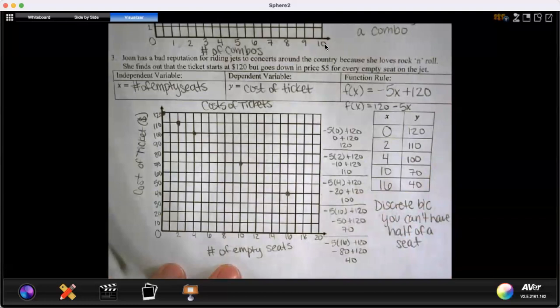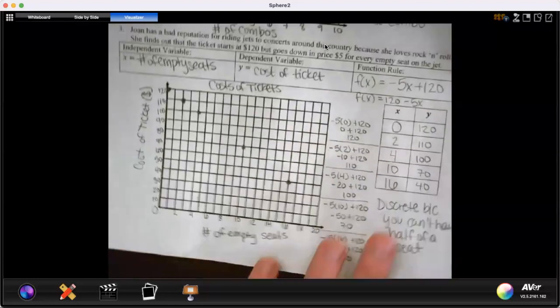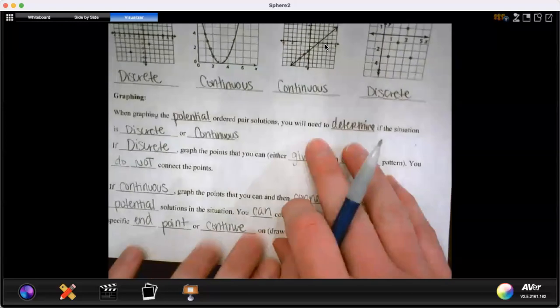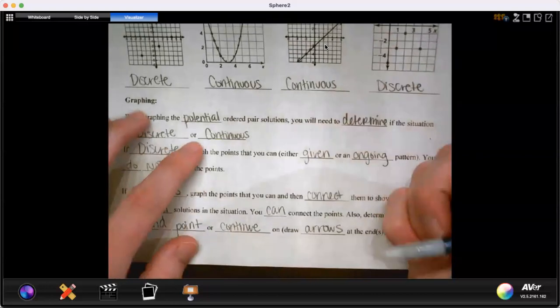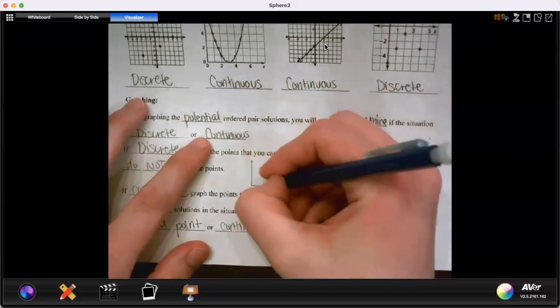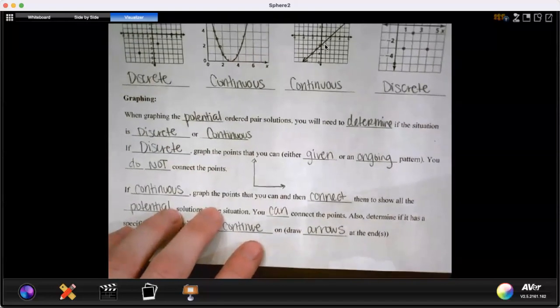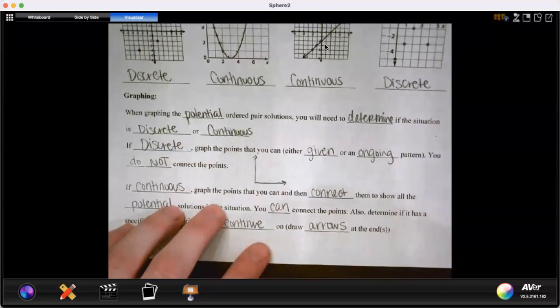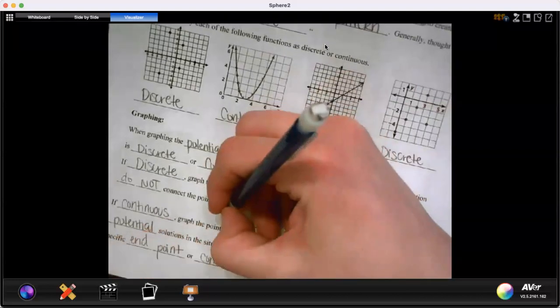Okay, so to finish up, let's talk about a direct relationship between discrete and continuous to give us a little bit of a better example of what would be a continuous situation versus a discrete situation. So I'm going to flip back to the front. Okay, remember that discrete is specific given points. So let's say, okay, we're thinking about a grid. Okay, let's think about a situation where you are measuring water. Okay, so if I'm measuring the amount of water,